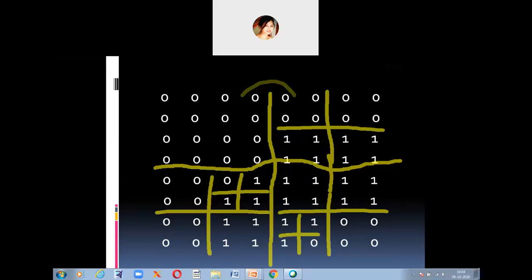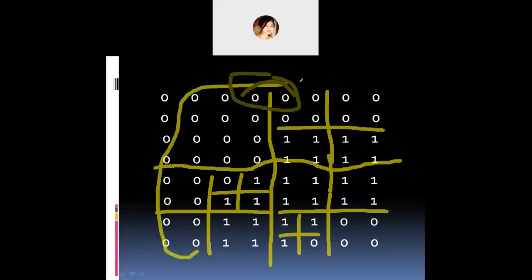Okay, Aman, you tell me how. Zero to 1. What are you trying to ask? They will merge. Yes, they will merge. I've showed this part, right? I've already showed this part. This region and this region, these two will already merge. Then look, these three will merge. In fact, this part will also merge.